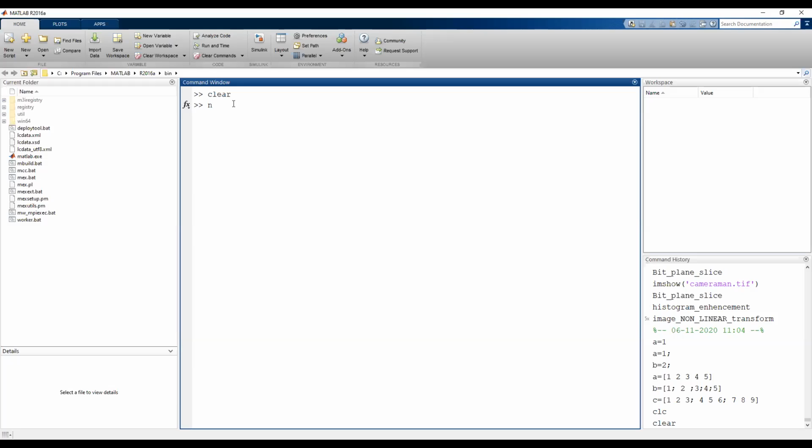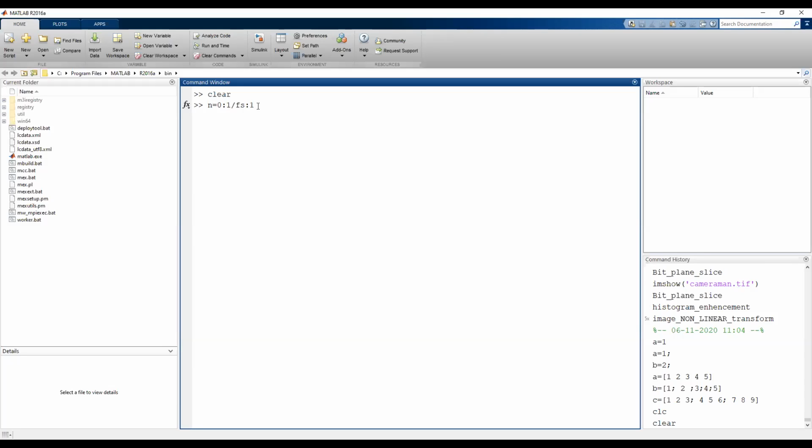Time n is equal to starting at 0, and it will go for say 1 second. But in this 1 second we need the samples. For the samples I put 1 by sampling frequency colon 1. Now what is this 1 by fs? Fs is the sampling frequency. Here I have written the command n equal to 0 colon, which means increment 1 by fs colon 1,